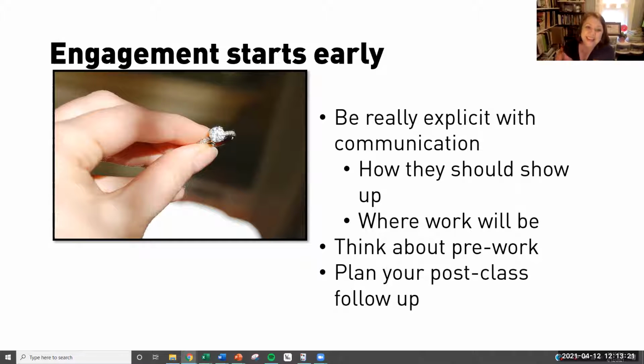And then consider different ways to engage your students. You'll want to plan engagement opportunities for every 5 to 10 minutes for optimum attention keeping. And these don't need to be huge things, but just things to switch their focus and their attention.